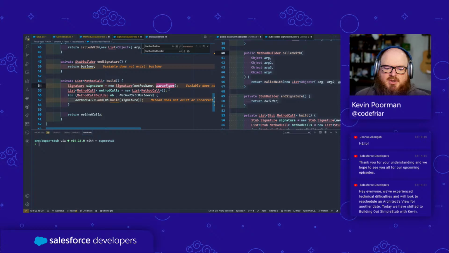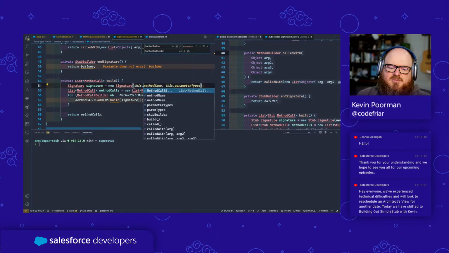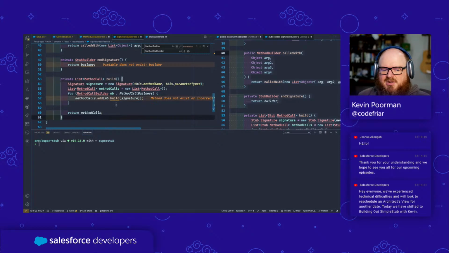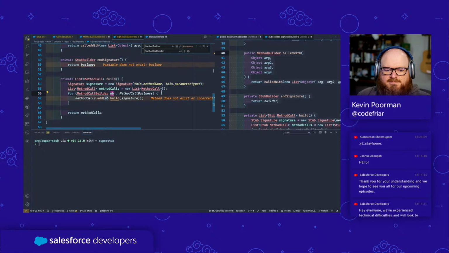Parameter types. This is going to be "variable does not exist" for parameter types. That's interesting. Wonder why. Probably because we want to do this dot parameter types. That's going to be this dot name. I like to put this in there. Not entirely required, but still. So our method call builder MB